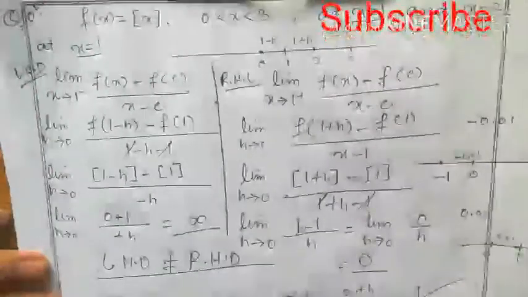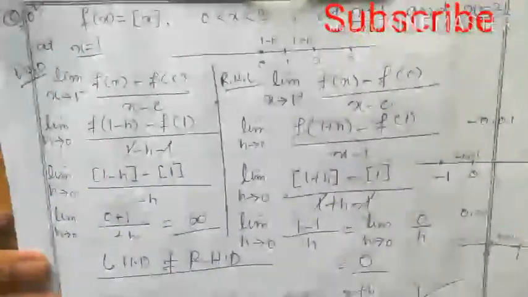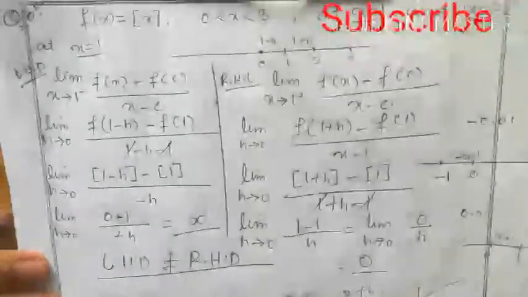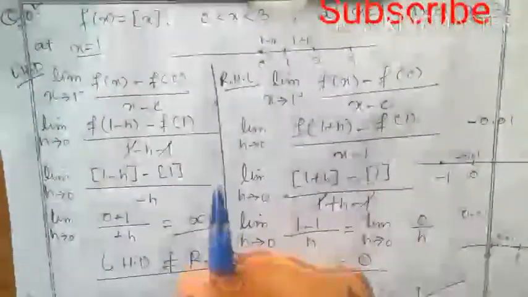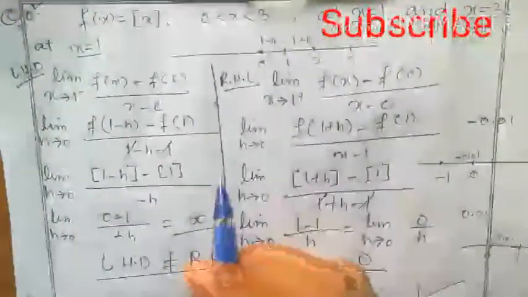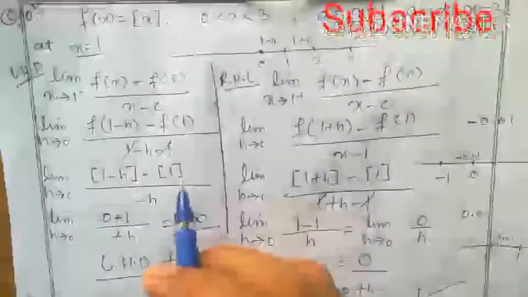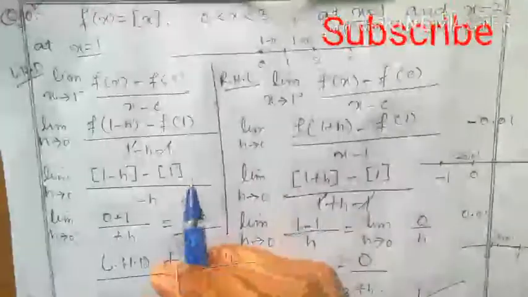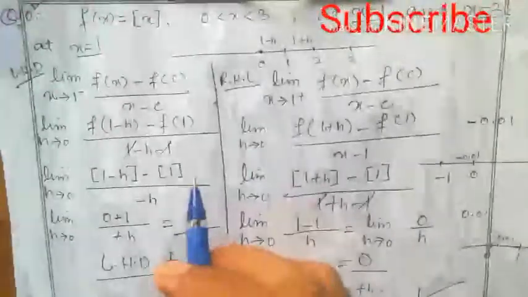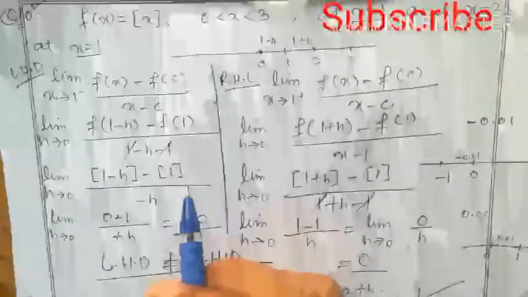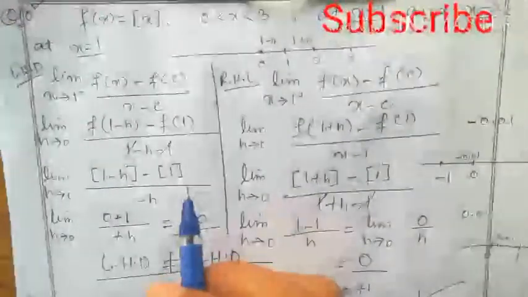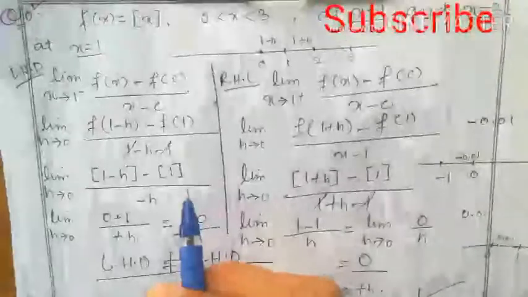Same we have to check at x is equal to 2. X is equal to 2 means this is our function, 0, it is 1, 2, it is 3. X is equal to 2. It means that from left side it is 2 minus h, from right side it is 2 plus h. Okay, so same you have to do as in question number 10 at x is equal to 1. So you can do this yourself. At x is equal to 2, the graph of this is like this. How can you see this in the graph?